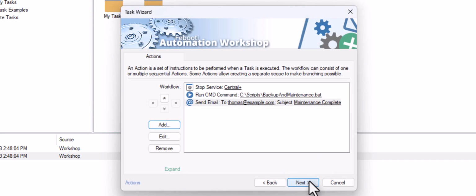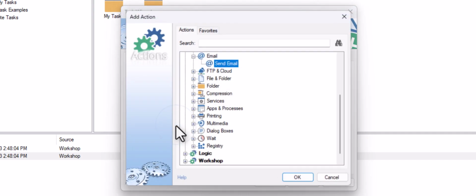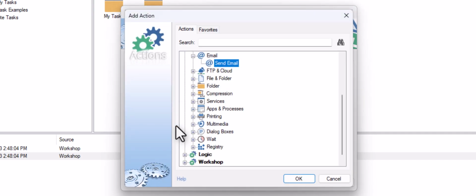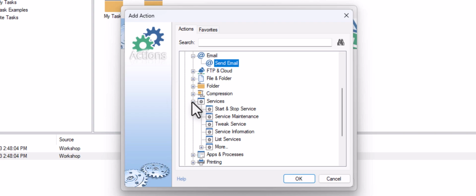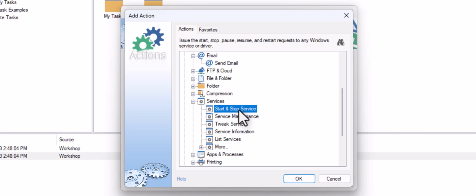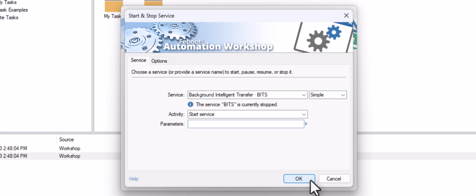We need to add one more action. The service must be restarted after the maintenance procedure is completed. Let's choose the Start and Stop Service action again. Select the Central Plus service again.